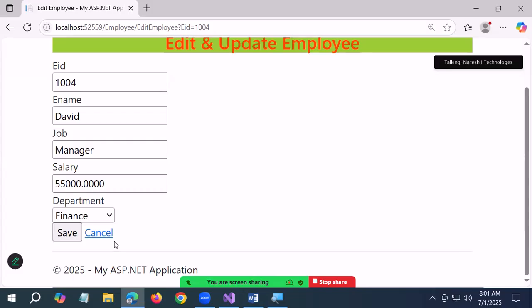Not the same. Save should call what? Update. Cancel should call what? Display. So that's why, under one form, if you add two submit buttons, both will submit to the same action method only. Already I told you this point. Yes or not? We already discussed this particular point. On one form, both are going to call the same. So this is really a problem, and to overcome this particular problem,